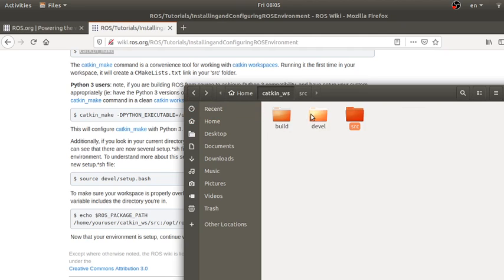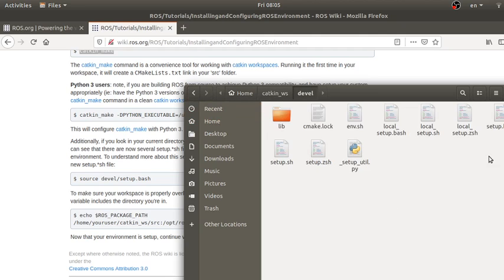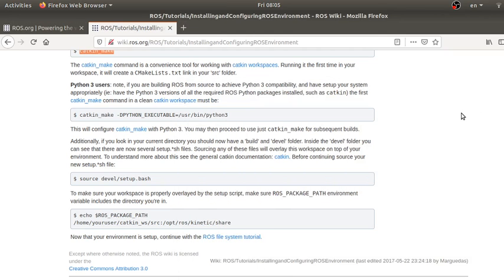In the devel folder we have here setup.bash and here setup.zsh and here setup.sh. So I think we are running properly,